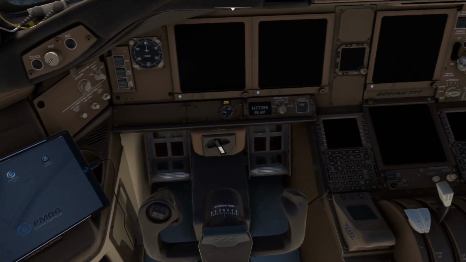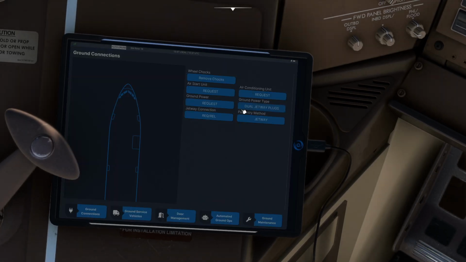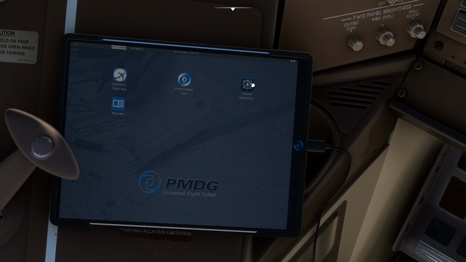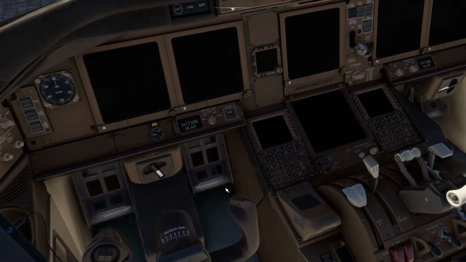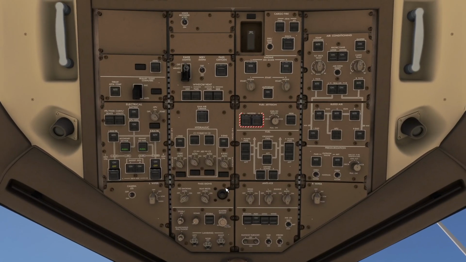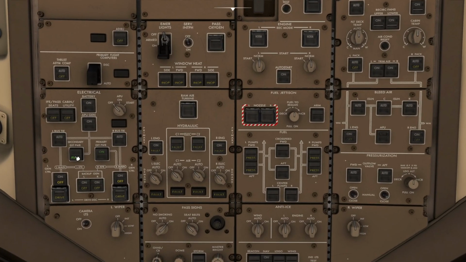So first thing we want to do then is go and provide some power to the aircraft before we flatten the batteries. So we're going to go and request ground power from the ground services application, or ground operations, sorry. So we went in there and we requested ground power. Having done that, if we go and look overhead again, we'll now find that the external power is available, so we can plug into it